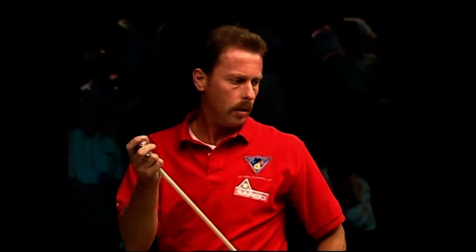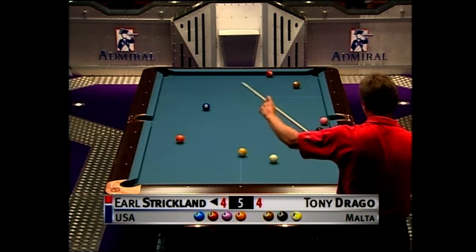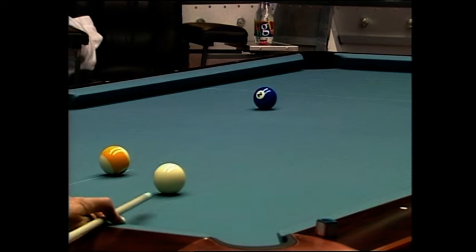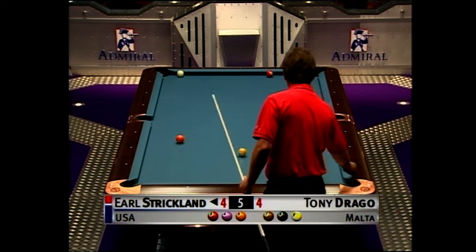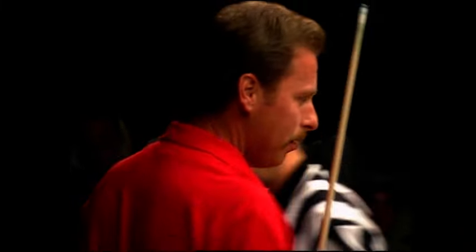If that 4's in open play, and it does look like it hasn't gone right to the cushion, all Earl Strickland's got to do is hold his nerve and knock these balls in, and he has got some nerve. Wow. Oh, can you believe it? Even so, the position is awful. Yeah, you heard him. He said, I can't get on the next shot. Can't get on the next ball. I know it looks right over the pocket, but it's a bit...